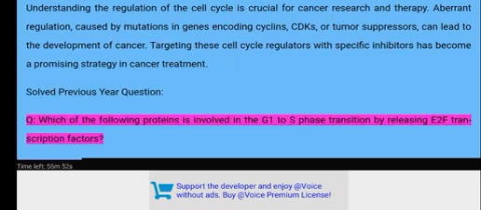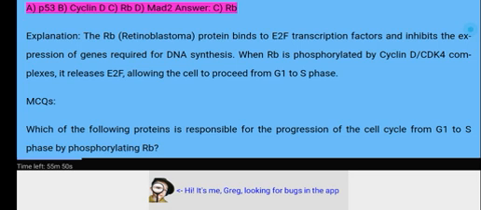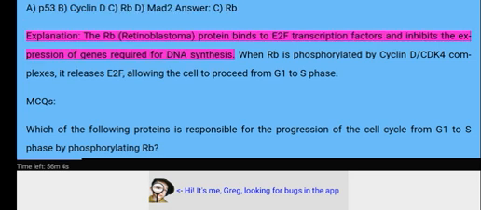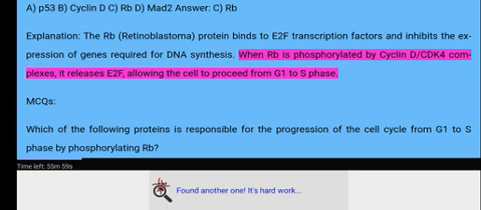Solved previous year question. Q. Which of the following proteins is involved in the G1 to S phase transition by releasing E2F transcription factors? A. P53, B. Cyclin D, C. RB, D. MAD2. Answer: C. RB. Explanation. The RB retinoblastoma protein binds to E2F transcription factors and inhibits the expression of genes required for DNA synthesis. When RB is phosphorylated by cyclin D-CDK4 complexes, it releases E2F, allowing the cell to proceed from G1 to